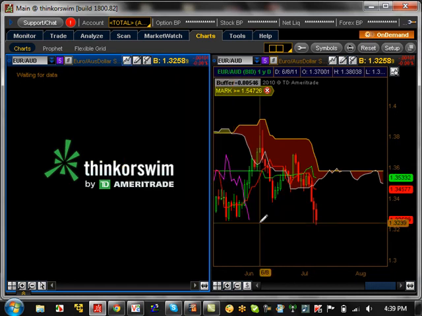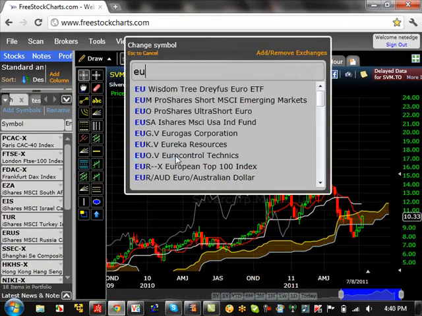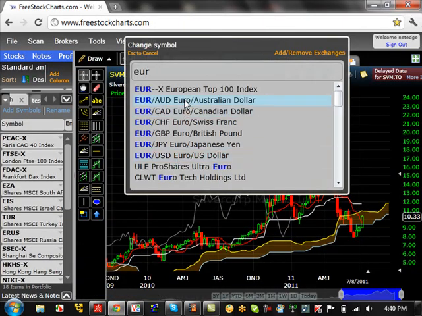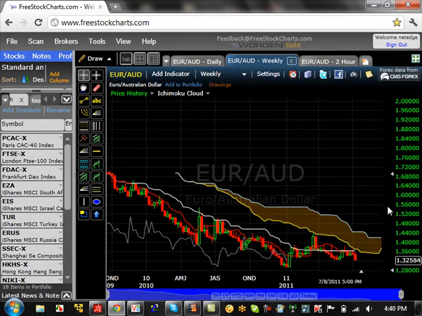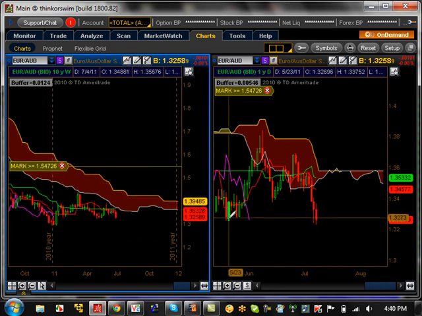Let's see if we can shorten the time period. We're still not getting it. Let's just flip over here to EUR/AUD and look at it on the weekly charts. And you could see that basically it is bearish trending as far as the weekly is concerned. So the weekly and daily are basically bearish. So I definitely start looking for opportunities here, especially if it breaks this level here at